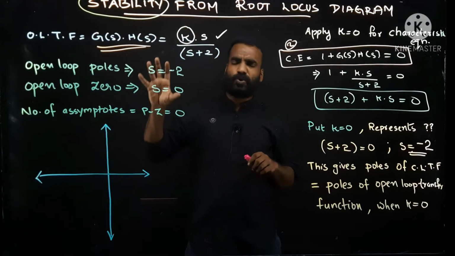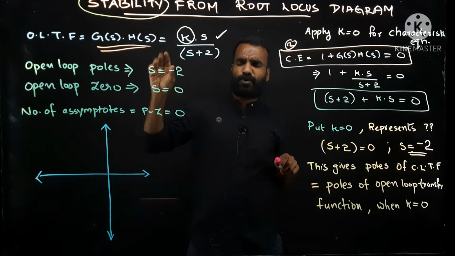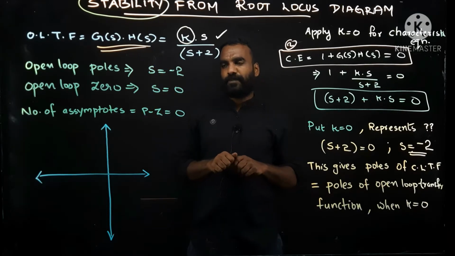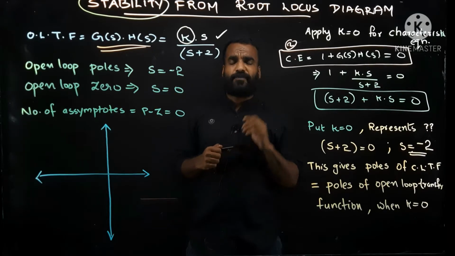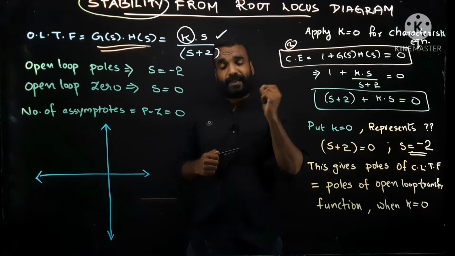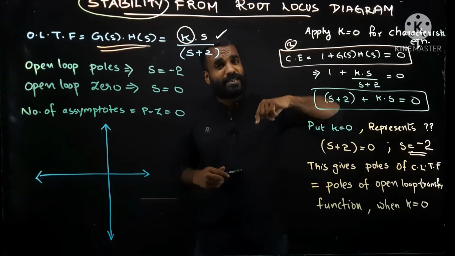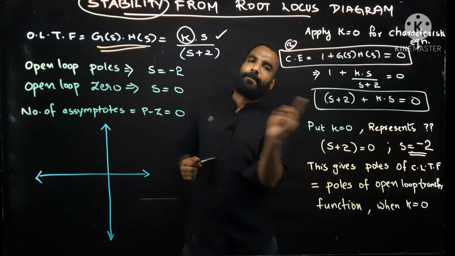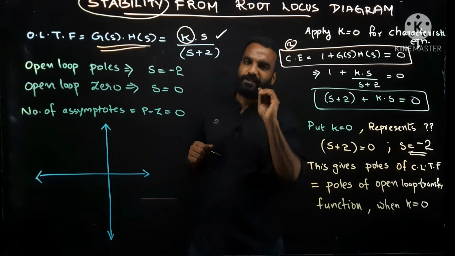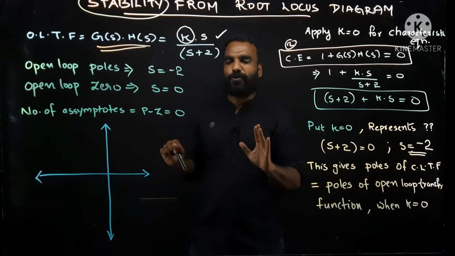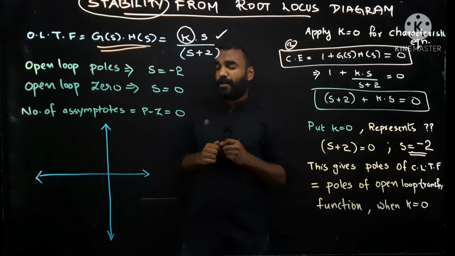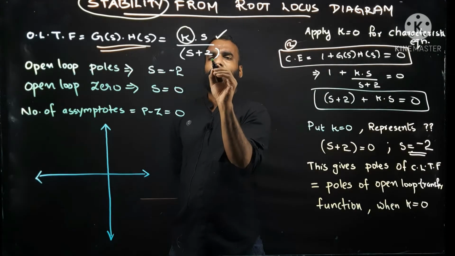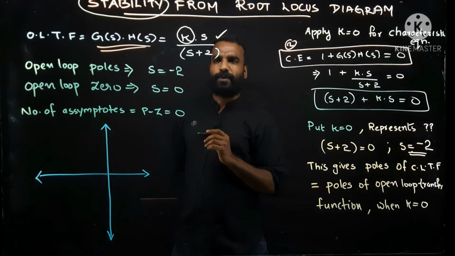So all the calculations for drawing root locus are carried out with the open loop transfer function G(s)H(s). Each branch of the root locus diagram will start from an open loop pole and end in an open loop zero. If an open loop zero is not there in our question, what happens? Our root locus diagram will travel up to infinity to meet its own zero. I think this is known for all of you. If you have any doubt, please refer to our previous videos. In this question, poles will always be taken from the denominator and zeros from the numerator.